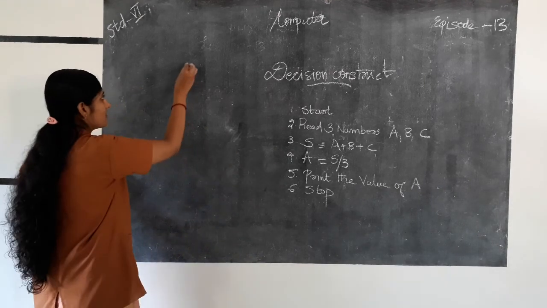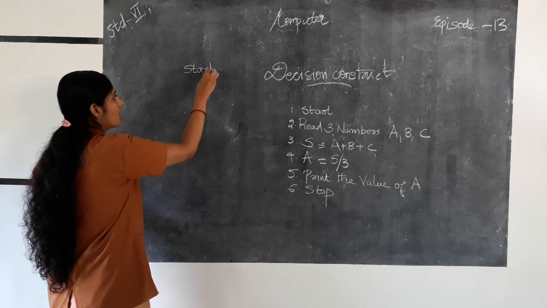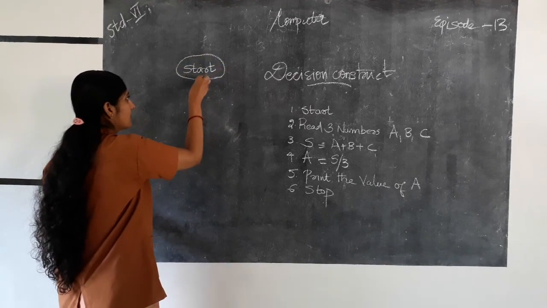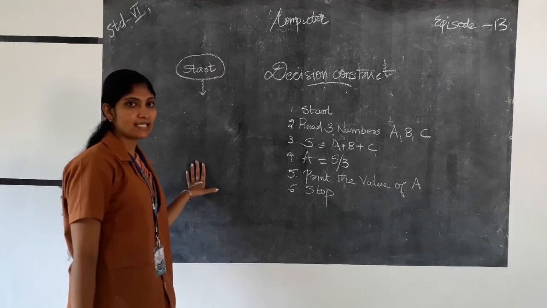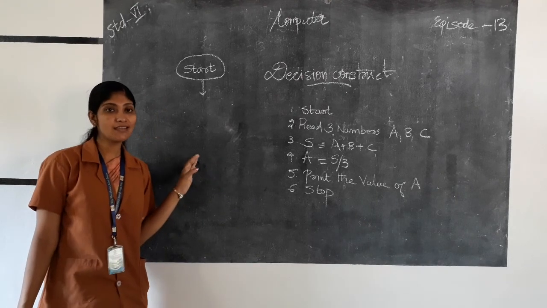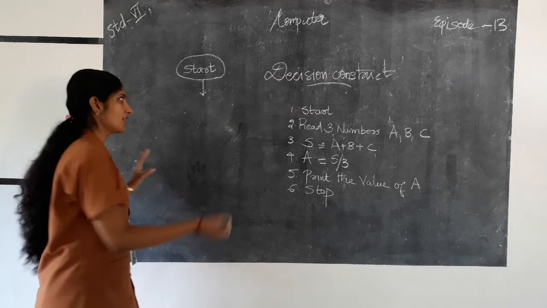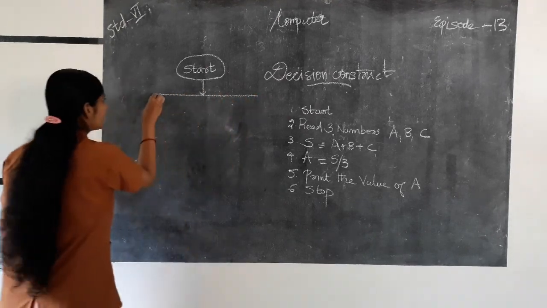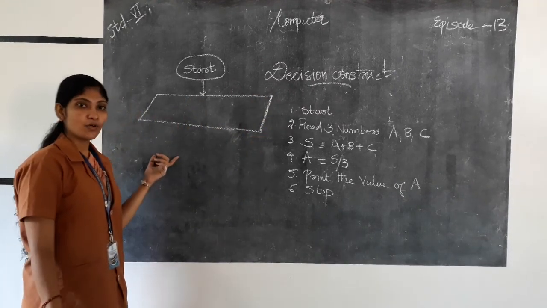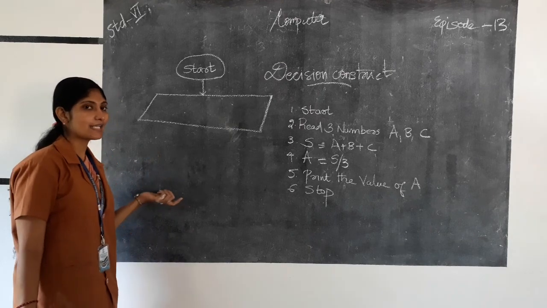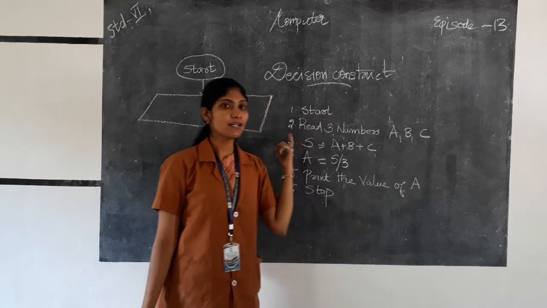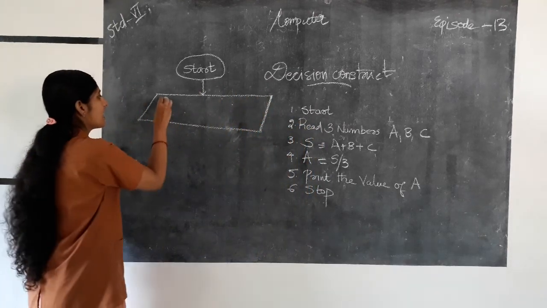So let's do it. First one, start. We know start is written in a terminal box. So this is the terminal box. And then next one, read three numbers A, B, C. Printing and reading statements should be written in the input or output box. We know it is a parallelogram. This is the shape which we use for printing and reading statements. So here this is a reading statement, so we can say accept A, B, C or read A, B, C. Here we can write accept